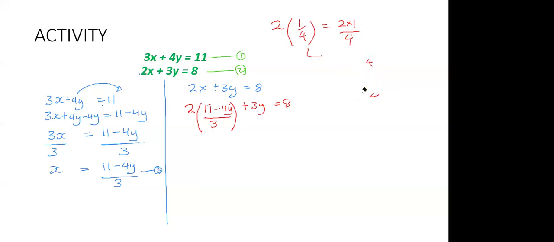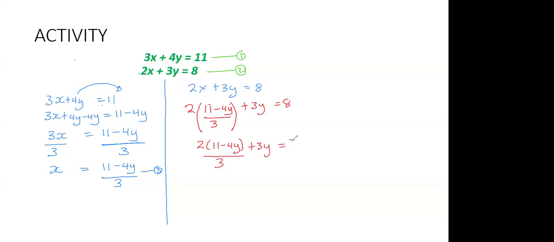So still the same approach we are going to use here. It means that now this 2 of ours is going to affect what is up. So I'll have 2 into 11 minus 4y out of 3. Then plus 3y is equal to 8. Now, this 3 inside, this 3 out, this 3 here,